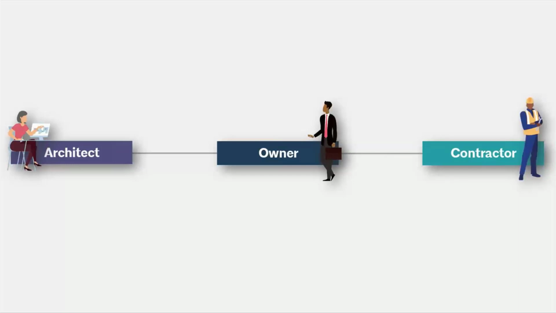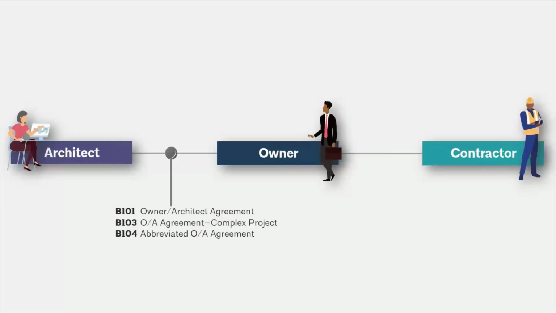So you have two key parties here. These are your prime parties in the conventional delivery method. You'll notice there's no direct contractual relationship between the architect and the contractor. But between the architect and the owner, you're going to have a few options here, depending on a few key differences that Ben can get into a little bit more detail